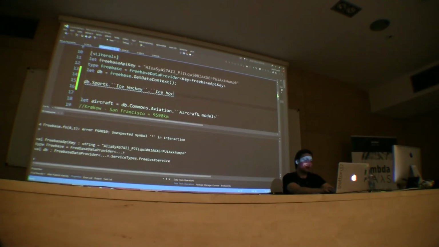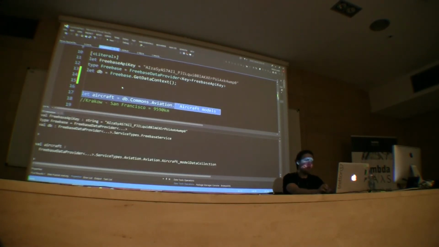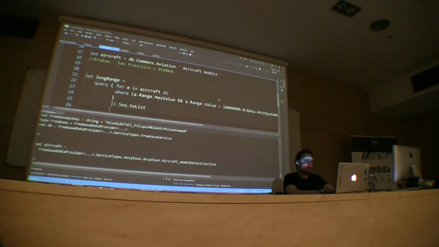All right, so we can, for example, access a database of aircraft, and this data is actually taken from Wikipedia. So let's take it. And I know for a fact there's 9,590 kilometers in a straight line from Krakow to San Francisco. So we're going to look for some airplanes that can fly it without refueling.